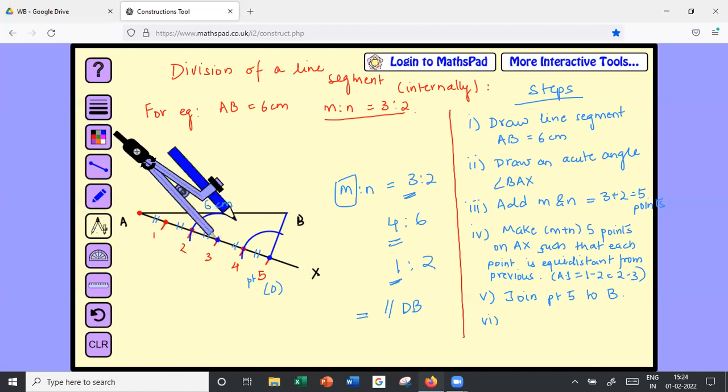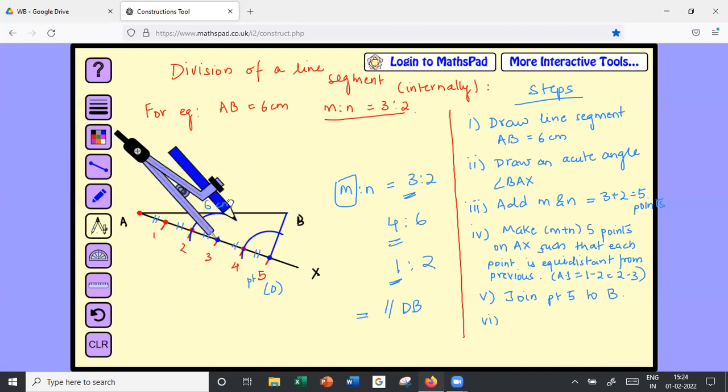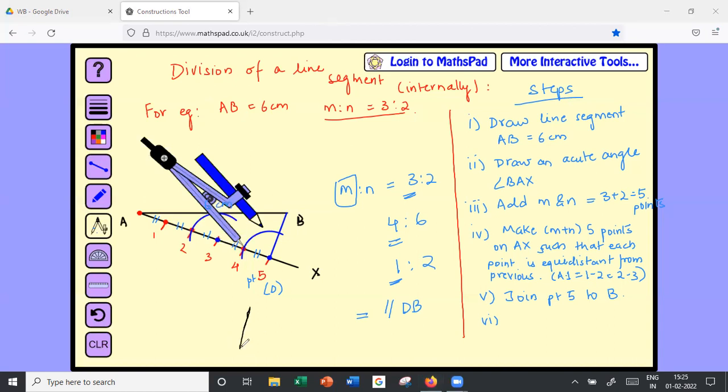Done. Now what you do is you take the compass, place it on the beginning of the arc. Okay, let me just show it here because it might get a little confusing inside. Suppose this is the line, this is our line 5B. So what I'm doing is drawing an arc from here, placing it on point 5 and drawing this arc like this. Then I will measure this distance from here. So I'll keep the pointed end of the compass on this point now, and measure this distance by drawing an arc here.